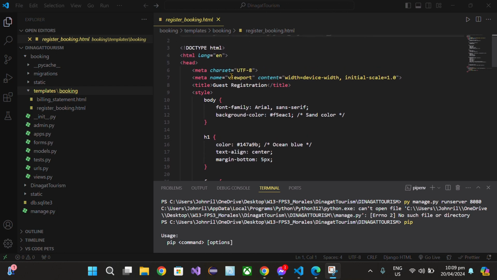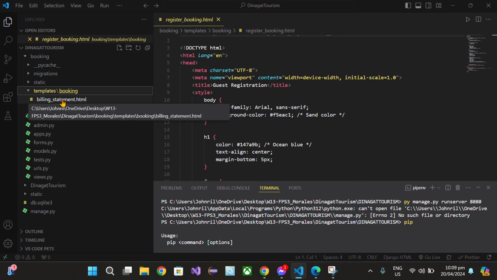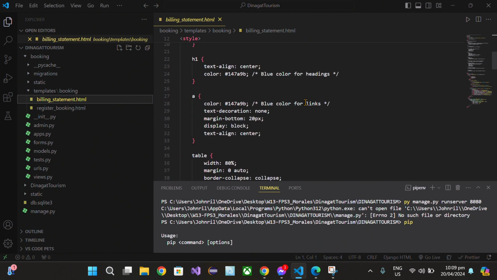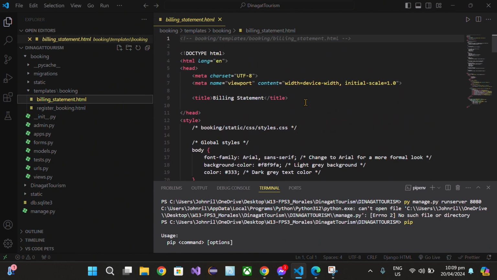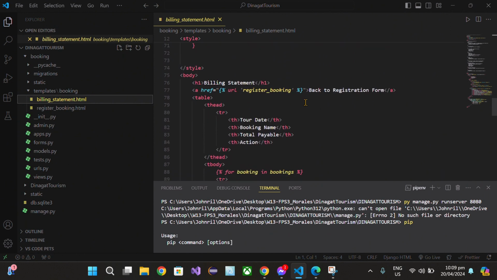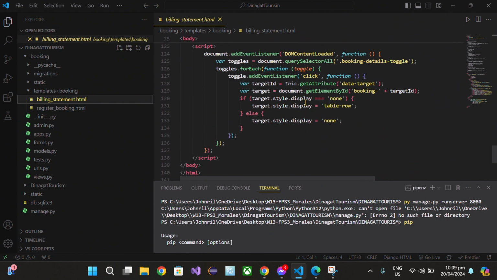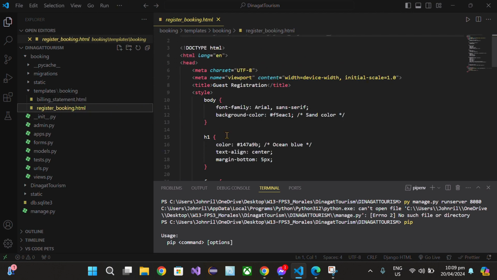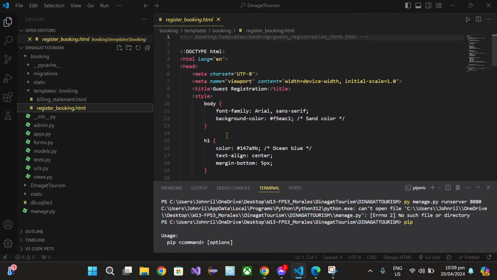First, this is my code, both the billing statement. So, here's the design, HTML and CSS. And then my register booking HTML, called Dinagat Tourism. And then here's